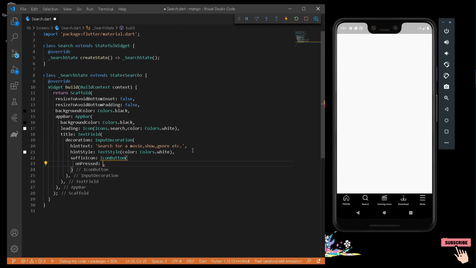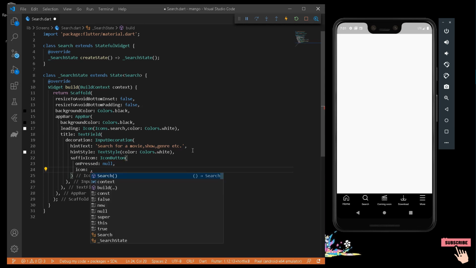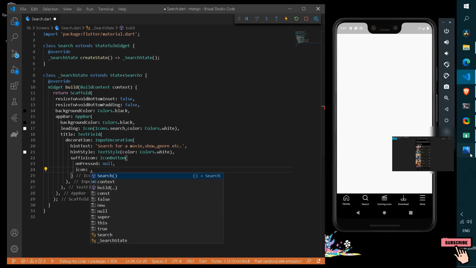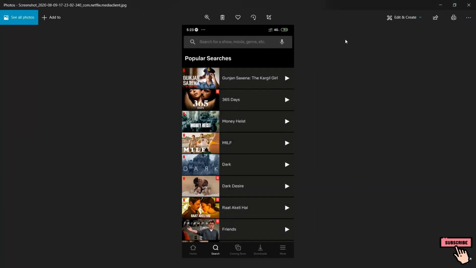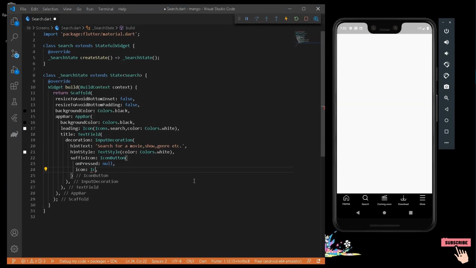Now it will have an icon button. So onPressed it will do nothing. It will have an icon itself. So let's see the icon. Okay, so it's a mic icon. So I can write here Icons.mic and a color of Colors.grey. So also let's convert this icon to grey as well.